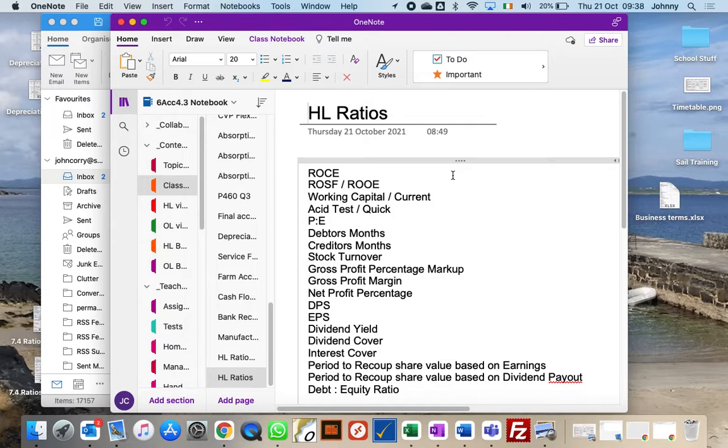Okay. So there'll be ordinary shareholders' profit. Operating profit divided by the capital employed, all the money invested in the business. Are we making good profit or bad profit? The next two is return on shareholders' funds, also known as return on owner's equity. So this is the money earned only by the money invested by the ordinary shareholders. Are we happy with that or not? We've looked at those before. If you're doing business, we've talked about those two as well.